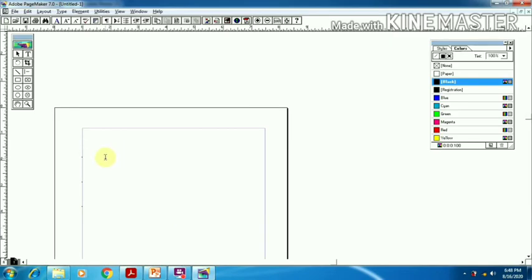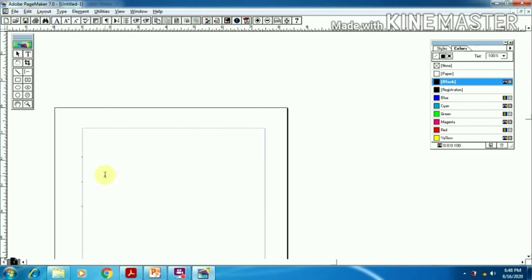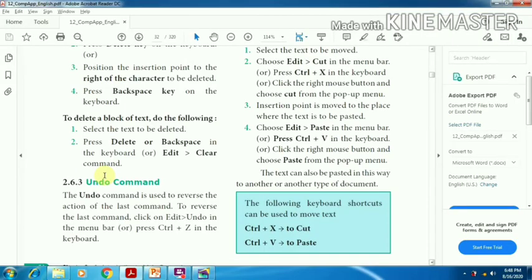Now the last action is we deleted the content. Now we want to cancel the deletion. It means we can use Edit, Undo, or Ctrl+Z. So you can see the content is undone. Now the deletion is cancelled. In the same way, we can undo the last action, whatever we typed. After deleting the content and undoing the content, now we are going to see the next topic, that is cut,